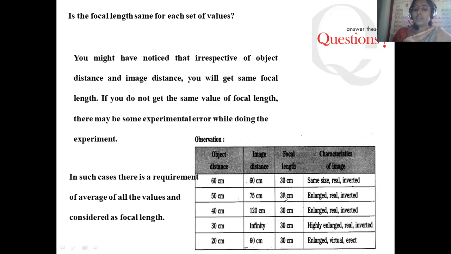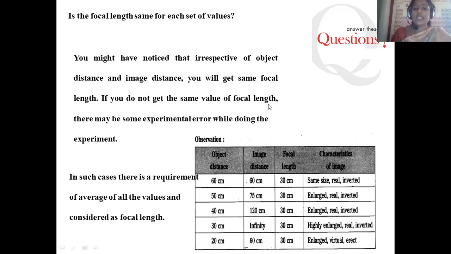If not so, what happens? There is a possibility of error. Erratic results will be generated if we are not following the similar focal length for all observations. Before choosing either a convex lens or a concave lens, we have to take one with a known focal length value, which should be taken as a fixed value, and for all the experiments it should be identical. Then only you will get accurate results.